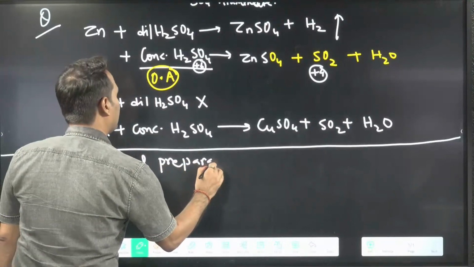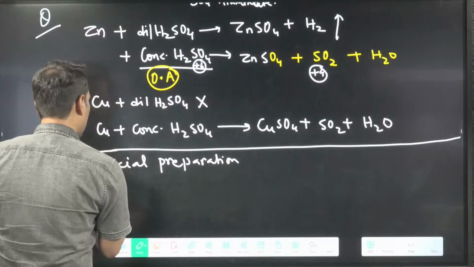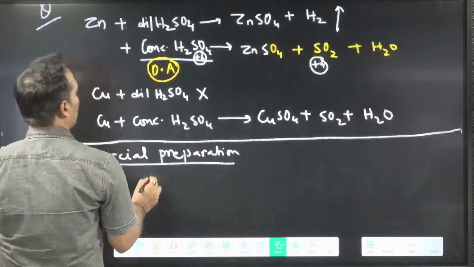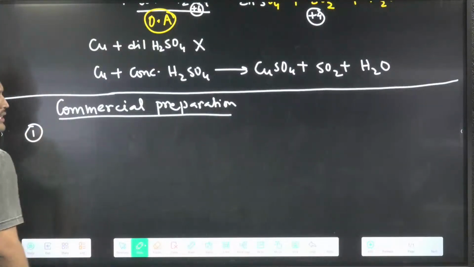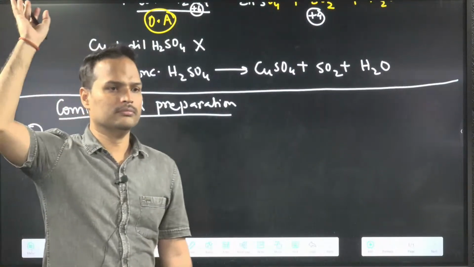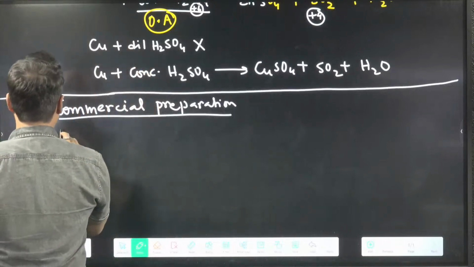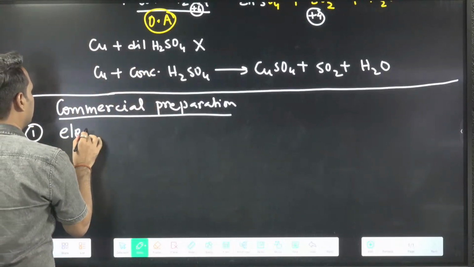Commercial preparation means what? Large scale industrial preparation. How you will do large scale industrial preparation? First point, what is given in NCERT? This we are studying from childhood. Now, what is there? Dilute electrolysis